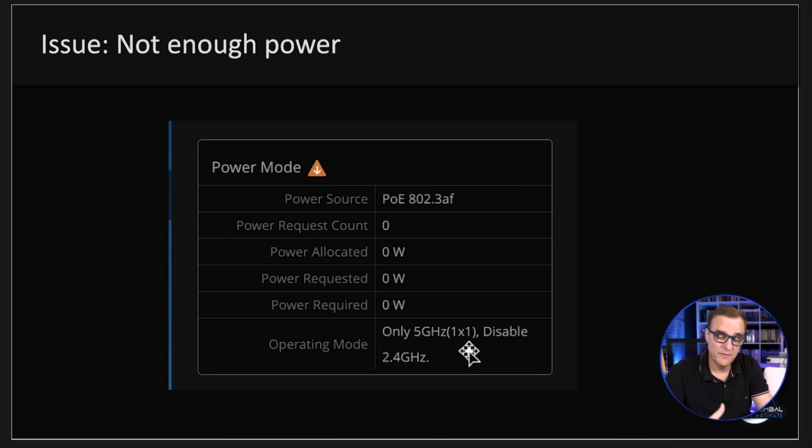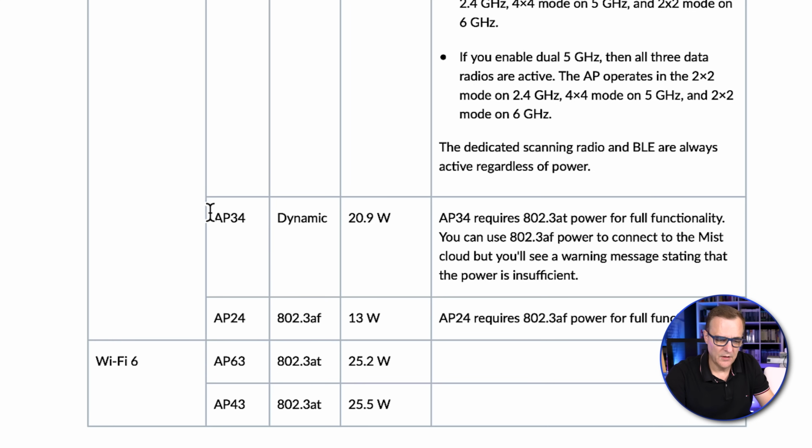So no 2.4 gigahertz clients could see the Wi-Fi network because it had been disabled because there isn't enough power. Looking at this specific access point, notice here, AP34 requires 802.3AT power for full functionality. You can use 802.3AF power to connect to the Mist cloud, but you'll see a warning message saying that the